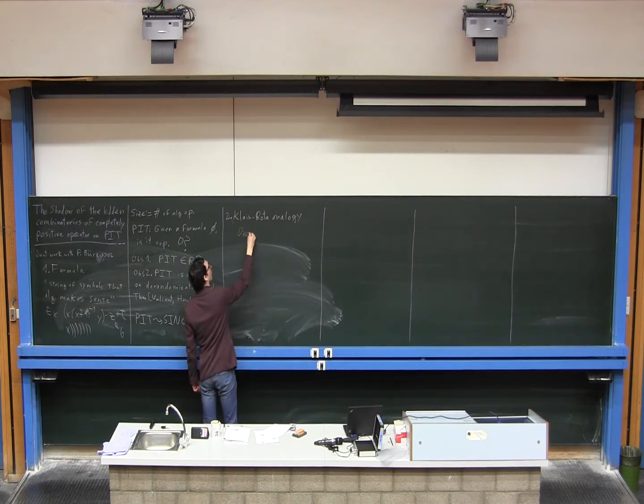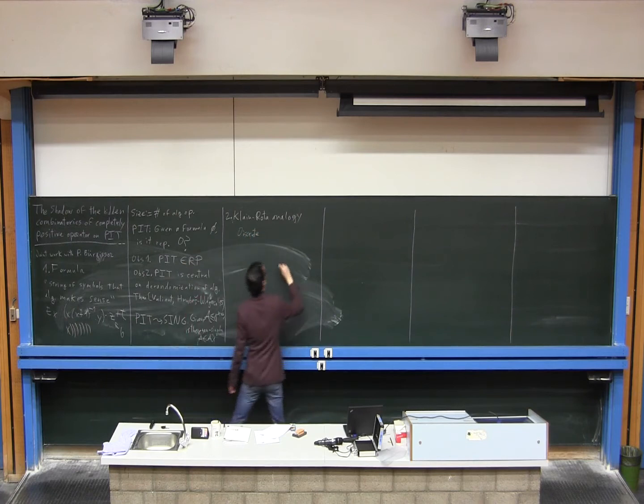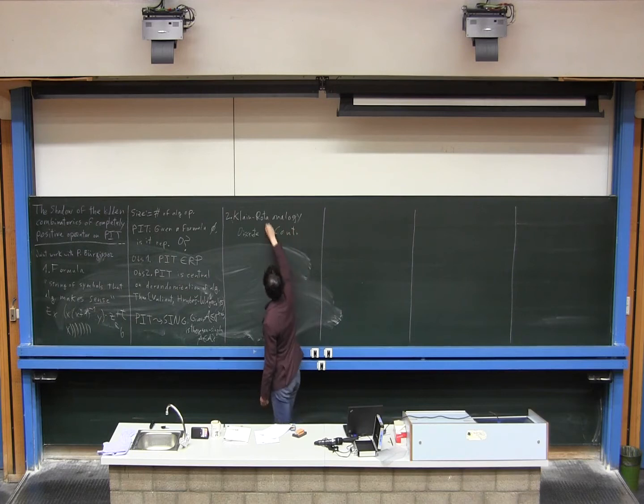On the one hand we have the discrete world, and on the other hand the continuous world. Usually the discrete world appears in classical information theory, and the other in quantum information theory. The big difference is that here the basic object that you study is just a finite set